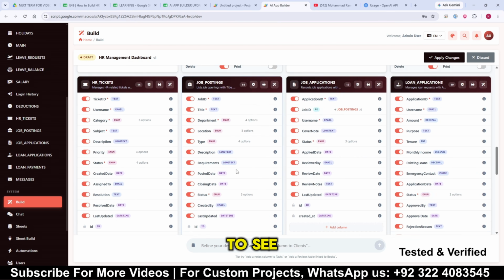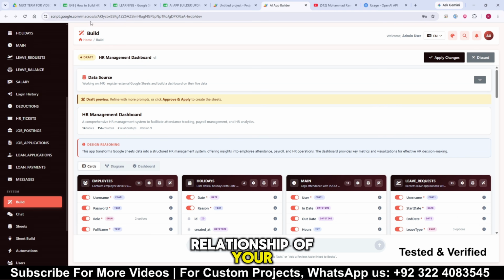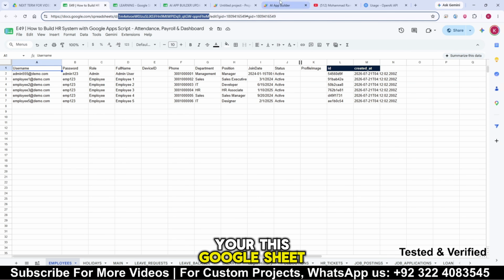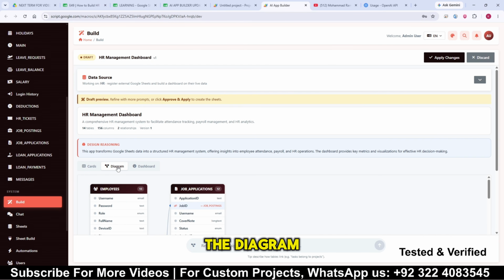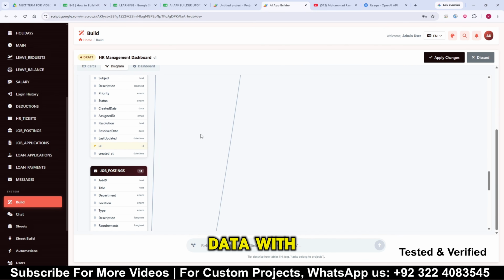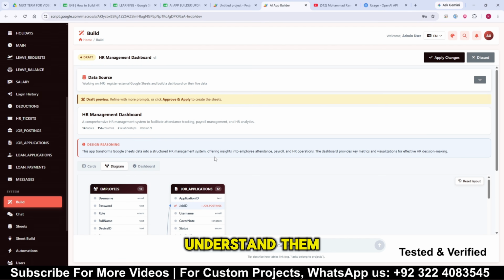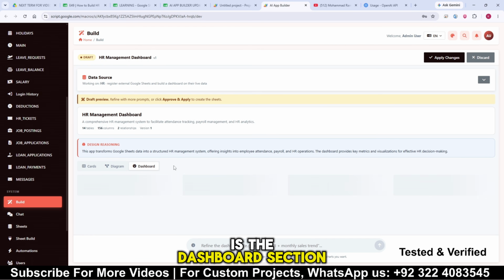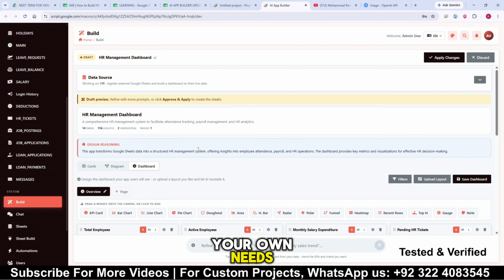And if you want to see the complete relationship of your Google Sheet data, let's go to the diagram section. In the diagram section, you can see the complete linkage of your data with each other table and understand them. And this is the dashboard section, where you can customize your dashboard as per your own needs, as well as refine the dashboard